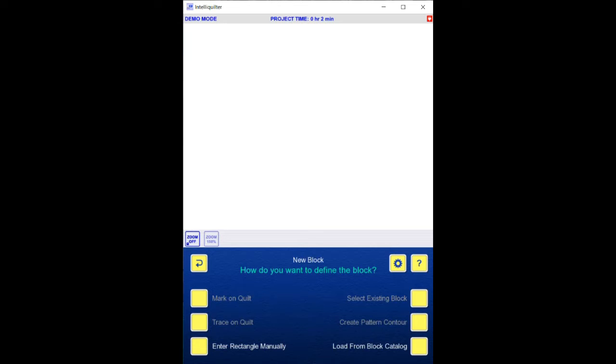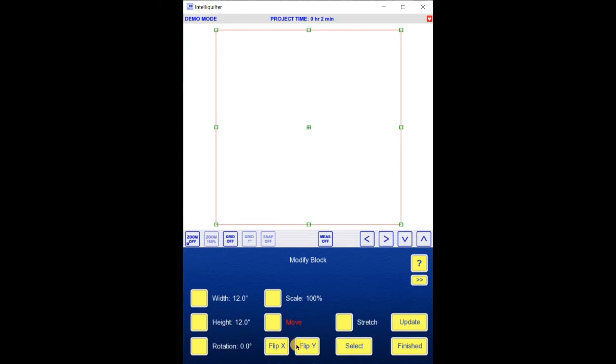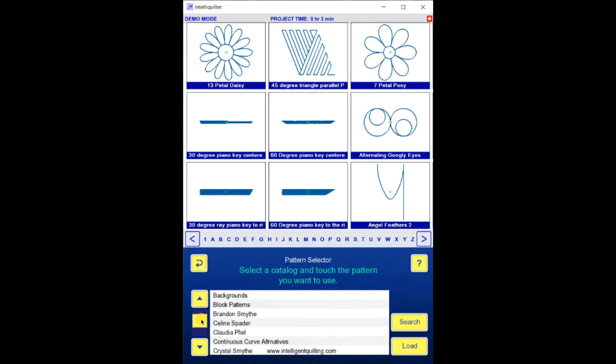and I just want a block pattern. Let's just enter the rectangle manually. You can stay with the 10 by 10 if you want. I'm going to go 12 by 12 because I'm just going to use the one block throughout. Continue and finished. I want to add the arc out of the geometric catalog,